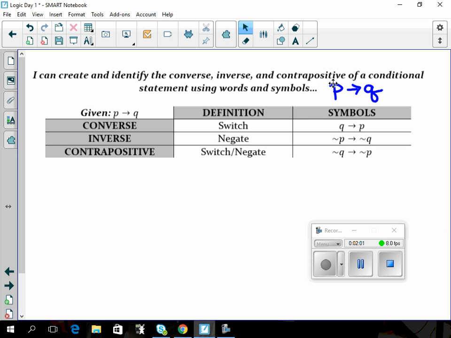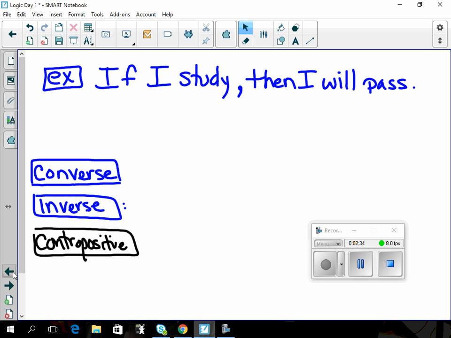Another thing that helps me remember is contrapositive is a long word. Do you agree? A real long word. So what do you think we're going to do? Both. We're going to do everything. You're going to switch it and negate it. Now, what does negate mean? It means you put the word not. So like not happy, not a dog, whatever, we put that word not. We'll look for that. So let's do an example,